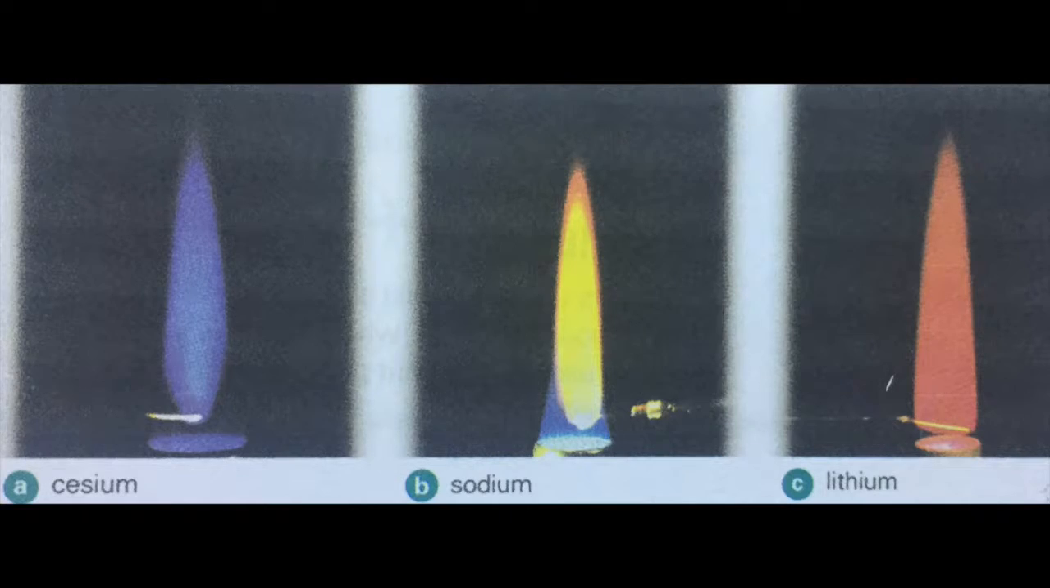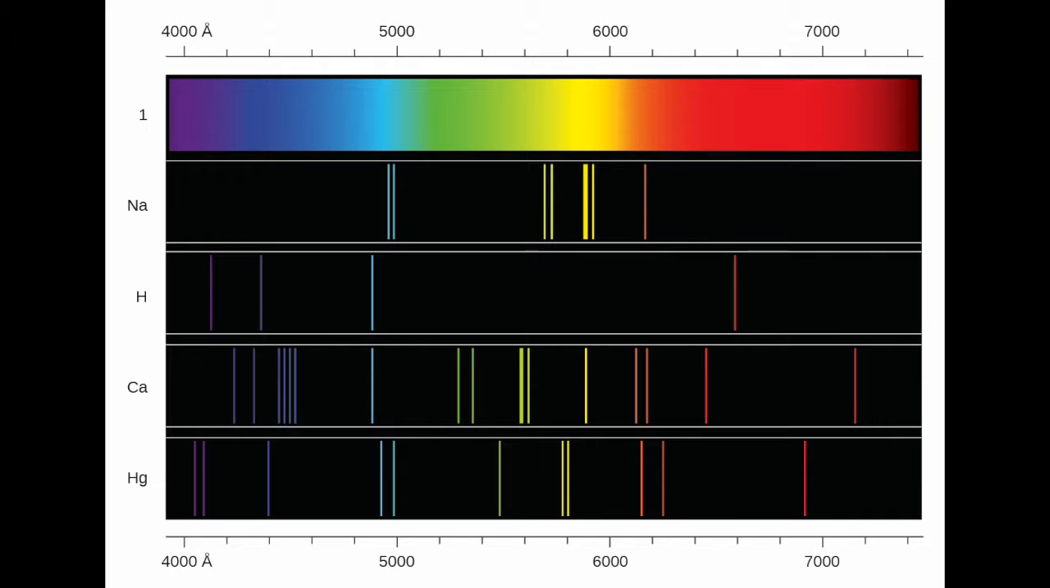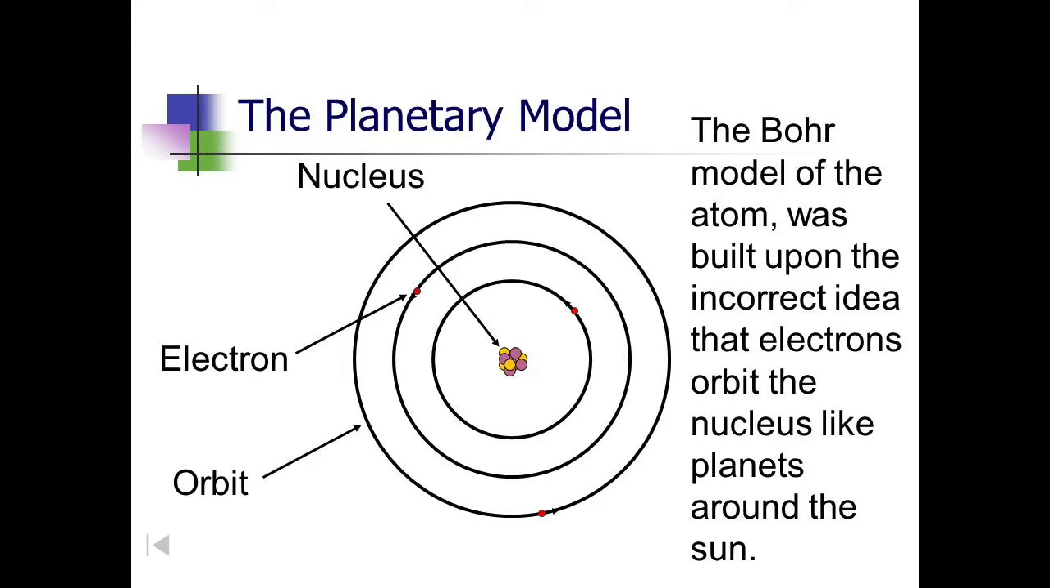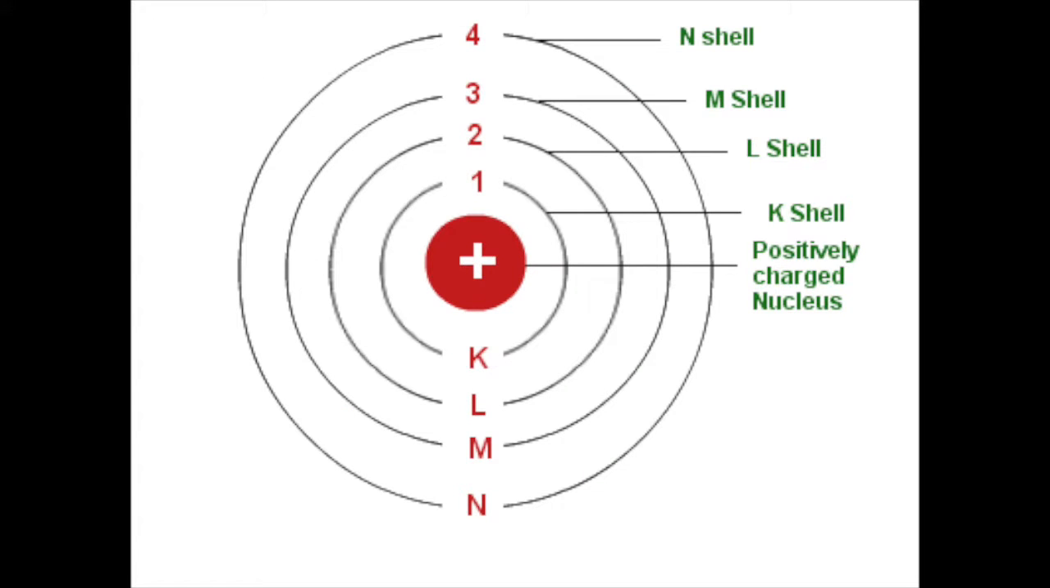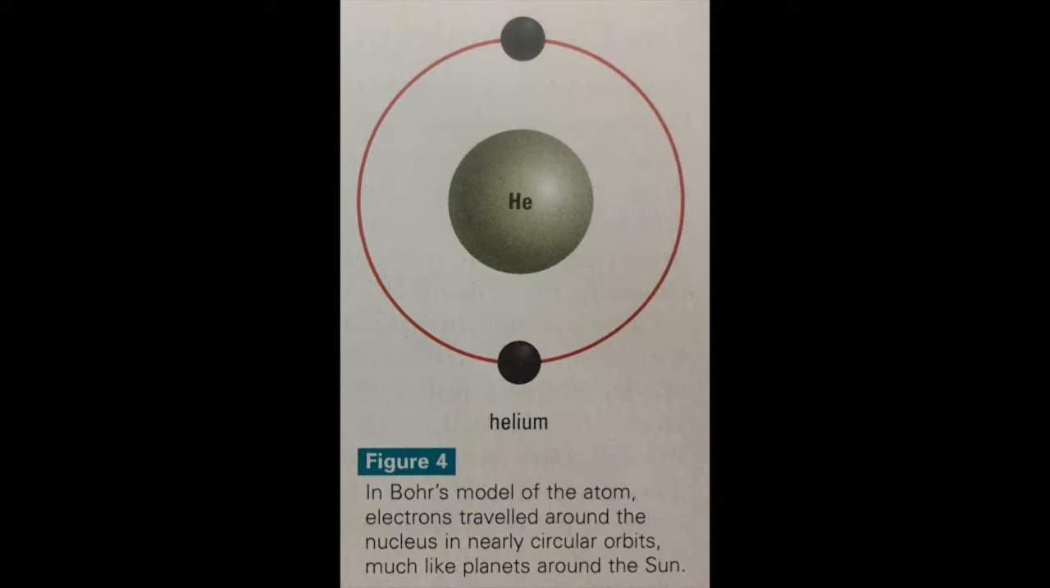How could these definite energies of light be explained? A Danish physicist, Niels Bohr, proposed a planetary model of the atom to explain line spectra. Bohr suggested that electrons move about the nucleus in nearly circular paths called orbits, like planets around the sun, Figure 4. Figure 4, in Bohr's model of the atom, electrons traveled around the nucleus in nearly circular orbits, much like